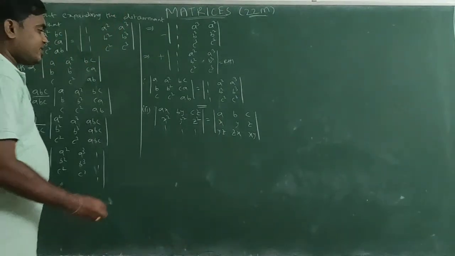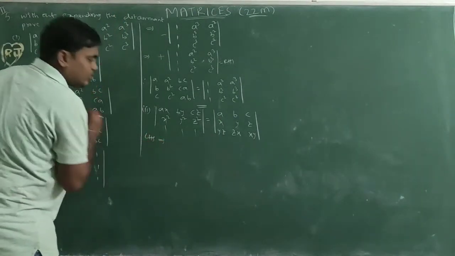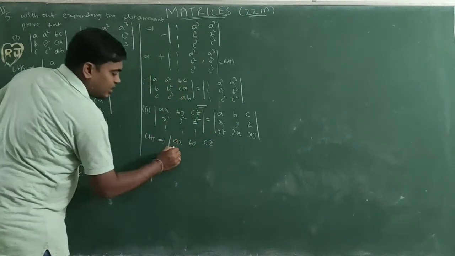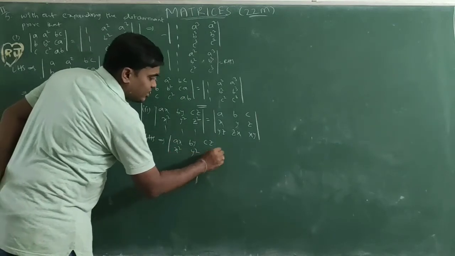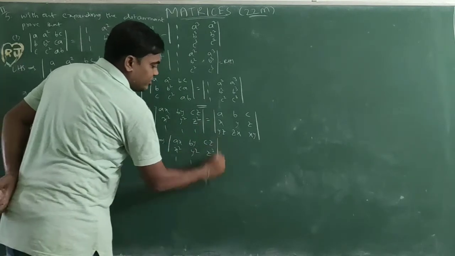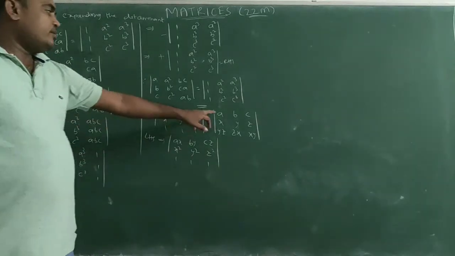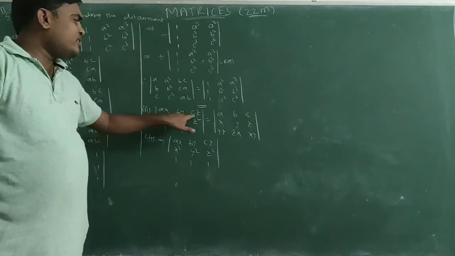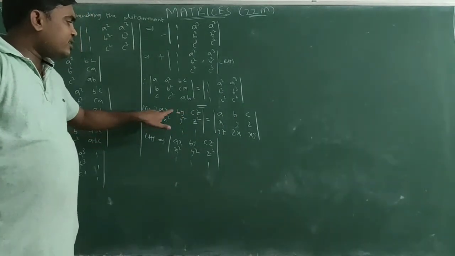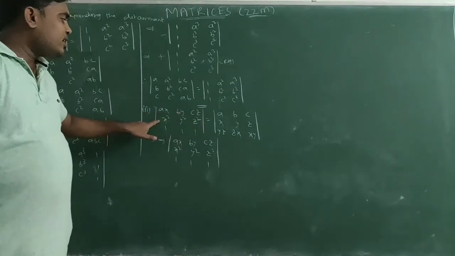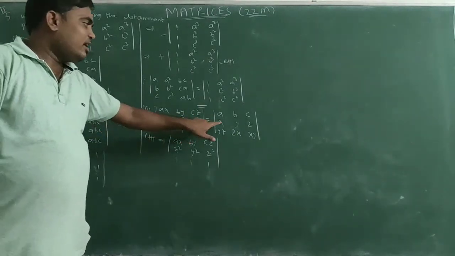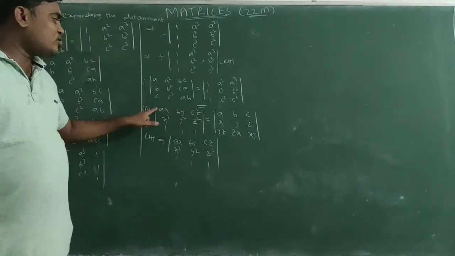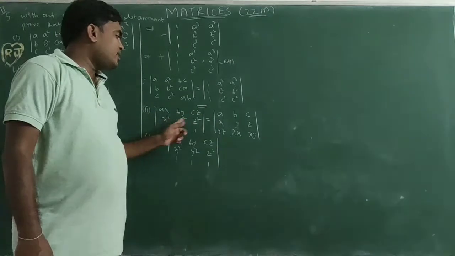Now I want to take the LHS: Ax, By, Cz; x square, y square, z square; 1, 1, 1. I want to prove this one, A, B, C. So here we have Ax, By, Cz, and we don't need x, y, z. In the x square, y square, z square row we have x, y, z, so in the first row and second row x, y, z are additional.